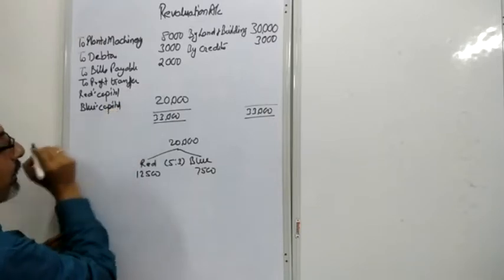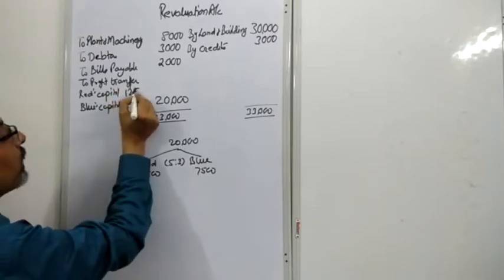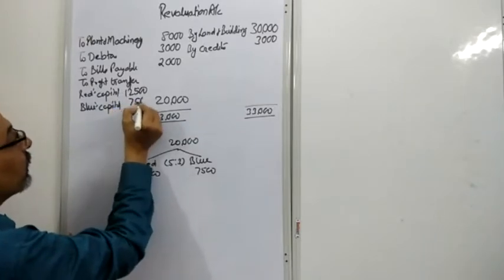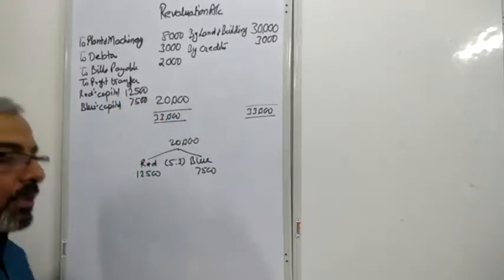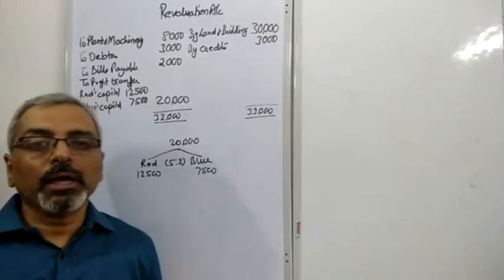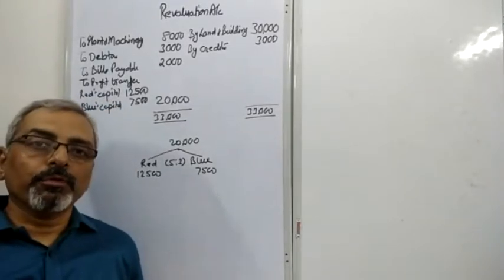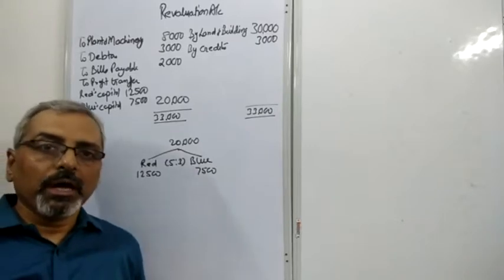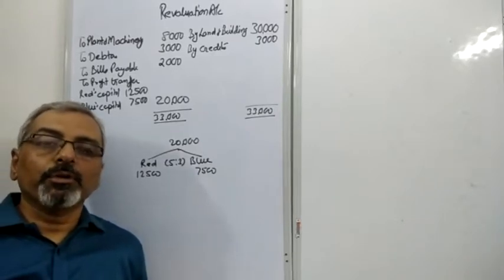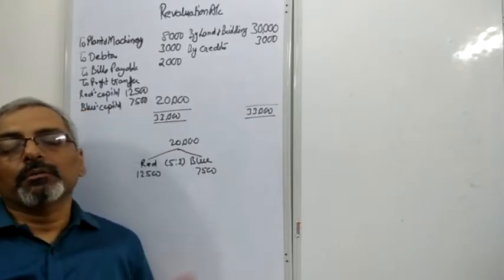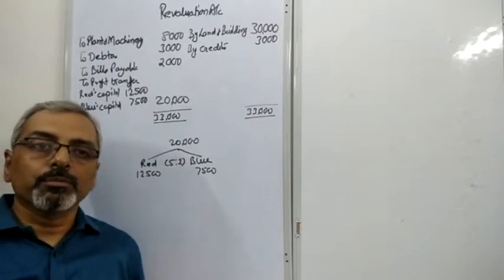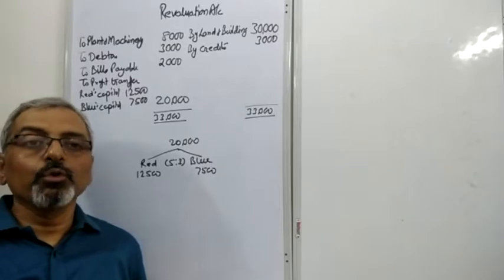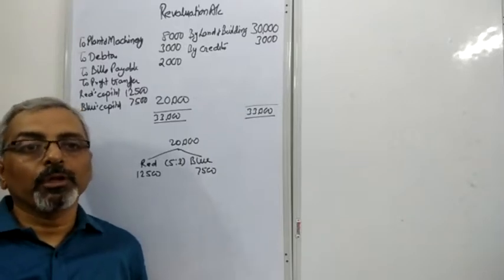Therefore, profit transfer, we have over here red's capital and we obviously have blue's capital because the new partner is green and the new partner will not get any benefit of the revaluation. Always remember that whenever a new partner comes in, the revaluation is done so that the profit or the loss on revaluation is distributed among the old partners. Why? Because if there is a profit on revaluation, the old partners will not want to distribute the profit with the new partner, and if there is a loss, the new partner would not want to take up the loss